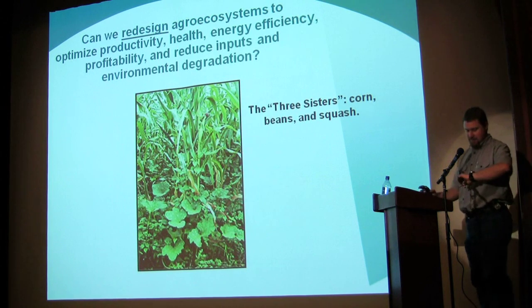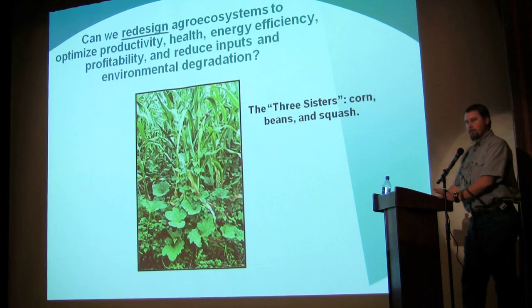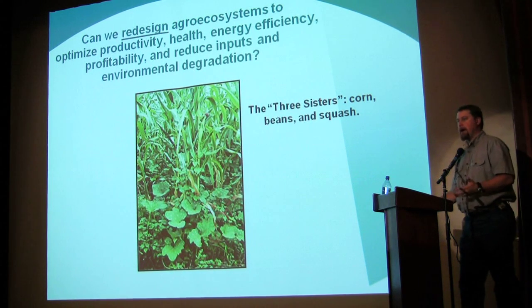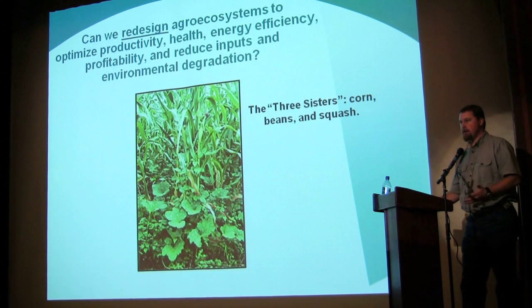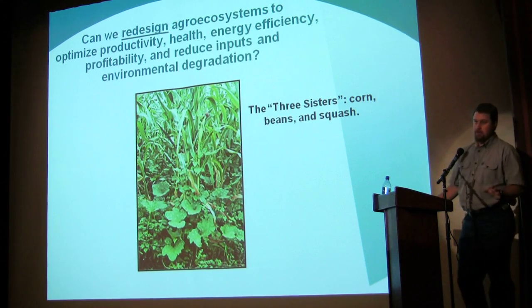Okay, so the last thing I've got tonight is this idea of redesign. And the theory here is we've done things in our agricultural systems because we've had petroleum-based materials. They've enabled us to do some amazing things, and don't ever let anybody tell you differently. Our yields are tremendously high compared